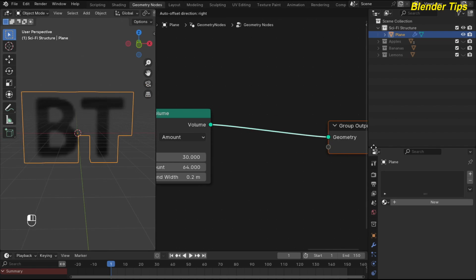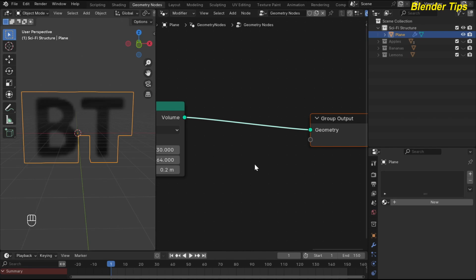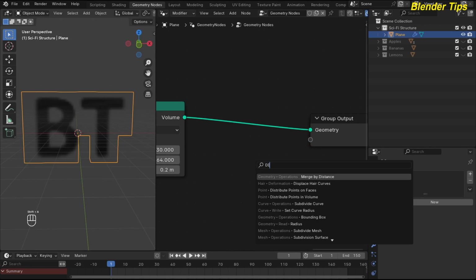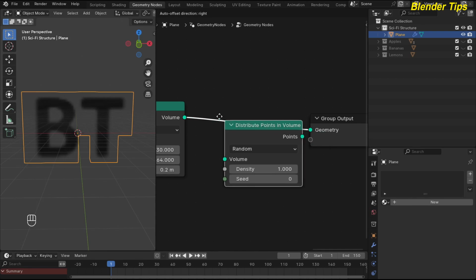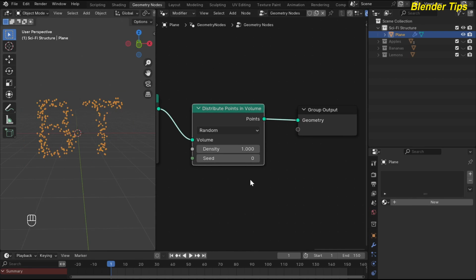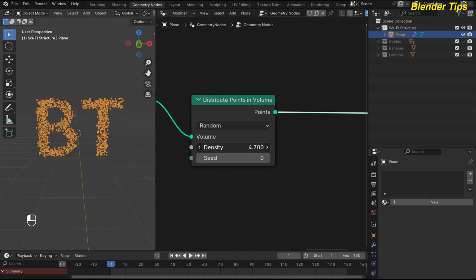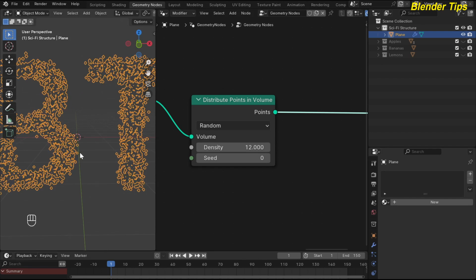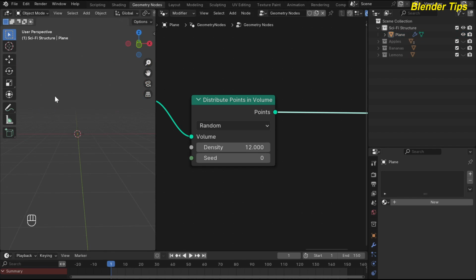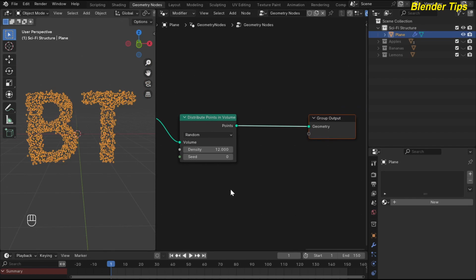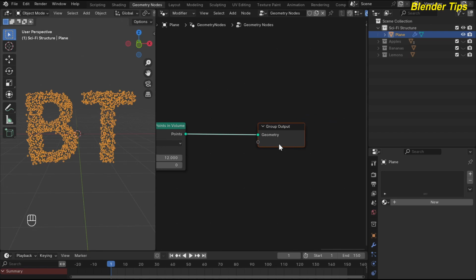And here I add another node which is the distribute points in volume. Distribute points in volume, and here you can see the changes, and here I increase the density. I think 12 is best. Beautiful. Select this to see, and here I search for the node which is the instance on point, and before